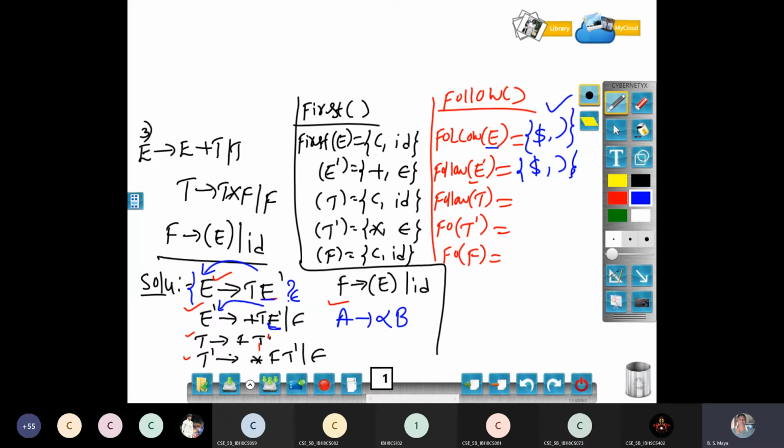The third production is F T dash. The fourth production is also not giving E dash, and the last production also does not give E dash. Is it right? Any doubt? Let me go for follow of T. What is follow of T? Carefully observe for the follow of T now. See, now we have to find out follow of T. Okay, let me check for follow of T. What is your follow of T?